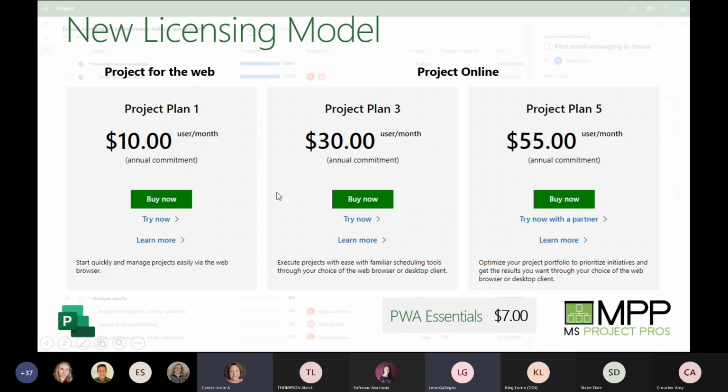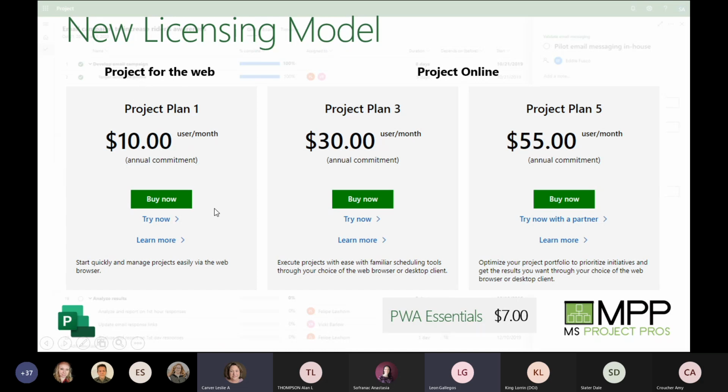So when you think about licensing and the cost component to it, Project for the Web is what they call P1. So P1, this is their new, right, Monday killer. And P1 is included if you get P3 or P5, so you also get the P1 license.